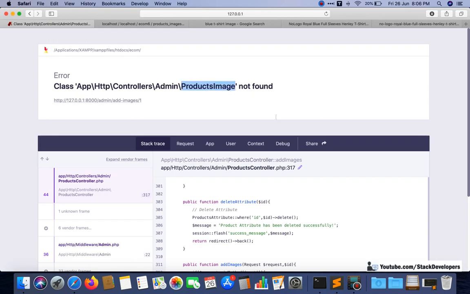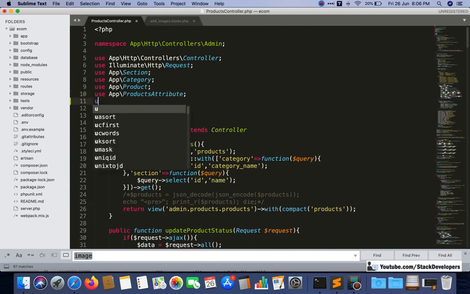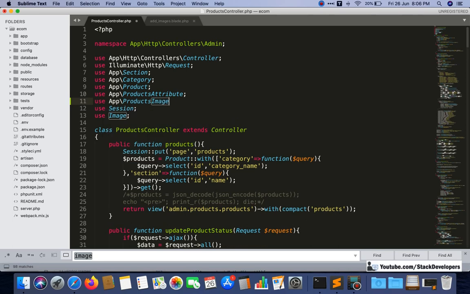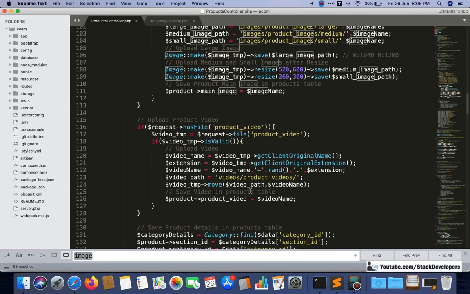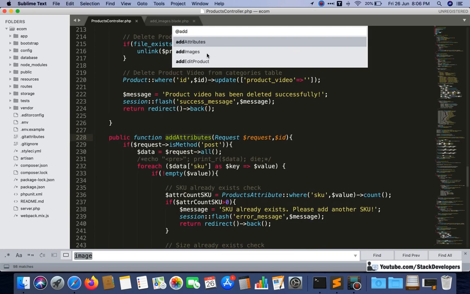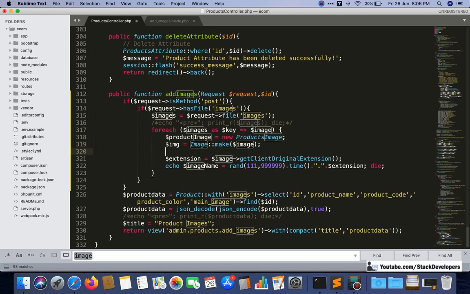See, ProductsImage is not included. We need to include ProductsImage at the top: use App\ProductsImage. Okay, now once again I want to see what the image name looks like. You can use the original name as well. If you want to use the original name, I can also tell you that. It is very simple, you can add this $original name.